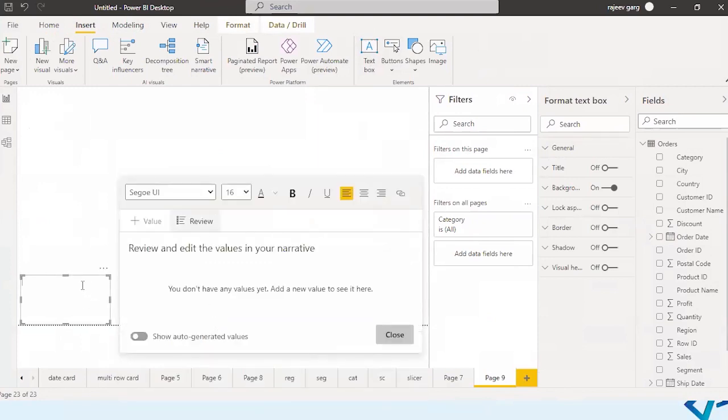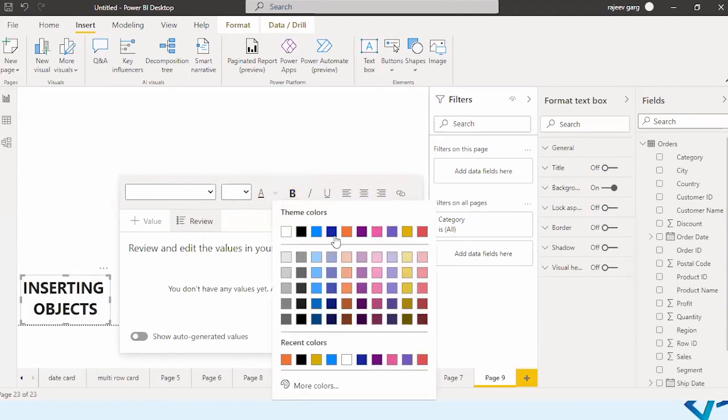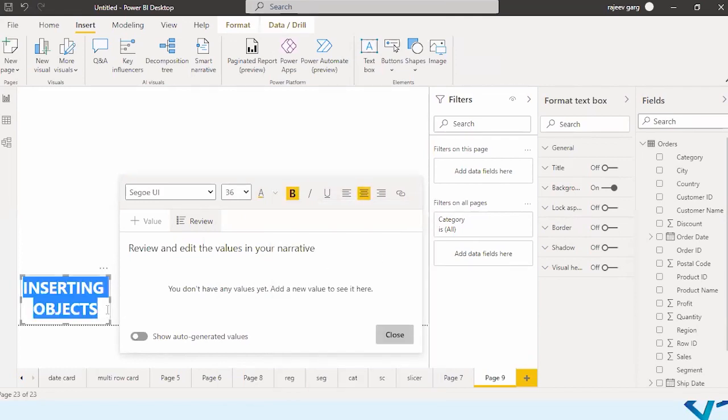Let's take the title over here as, let me increase the size, alignment, color. Let's take golden.